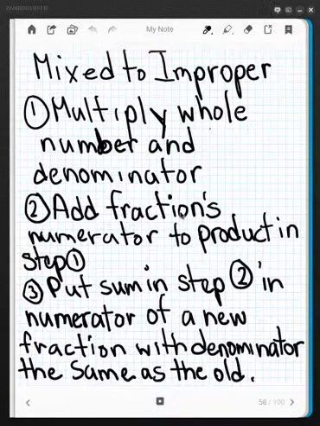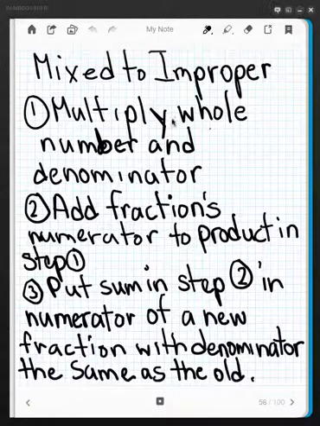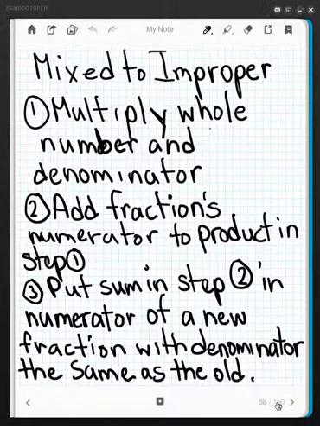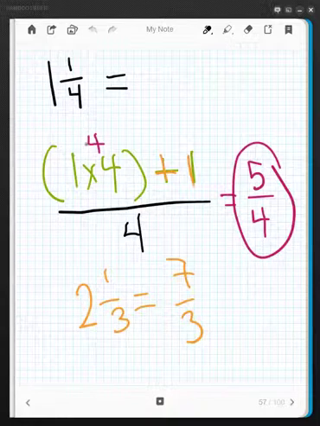All right, now reviewing mixed numbers to improper fractions. We'll need this too. To change a mixed number to an improper fraction, multiply the whole number and the denominator, add the fraction's numerator to the product in step 1, and then put the sum in step 2 over the old denominator. So that looked like 1 1/4: 1 times 4 is 4, and then plus 1 equals 5,